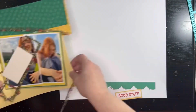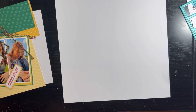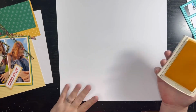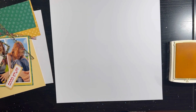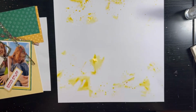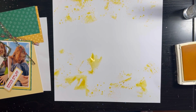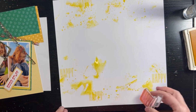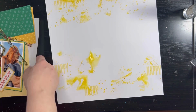So this is me still fiddling with it, but I decide, right, come on, it's not me if I don't add some mixed media. I end up with Daffodil Delight ink, and I go with the packaging technique just because it's easy, and I know there's not that much of the white that's going to be showing. So I go in with that, and then I choose this happy stamp from the